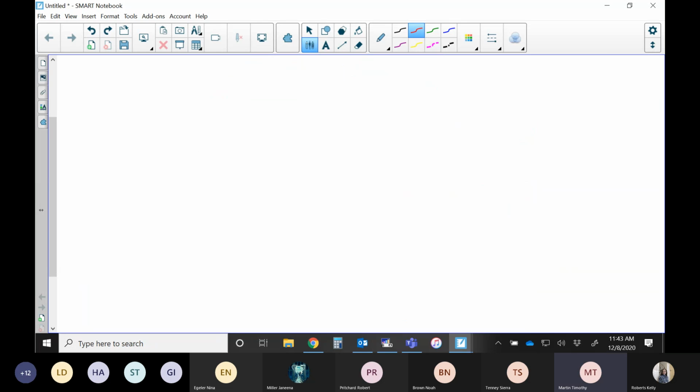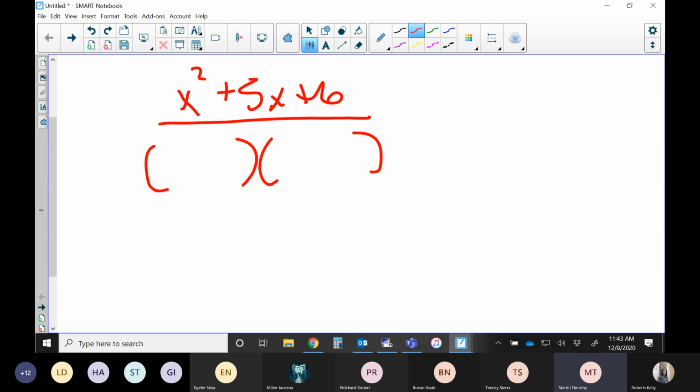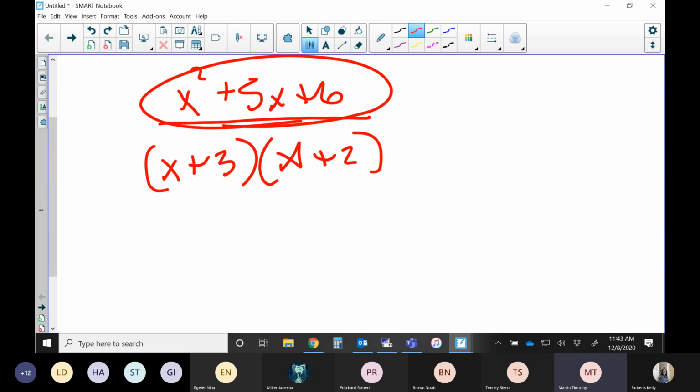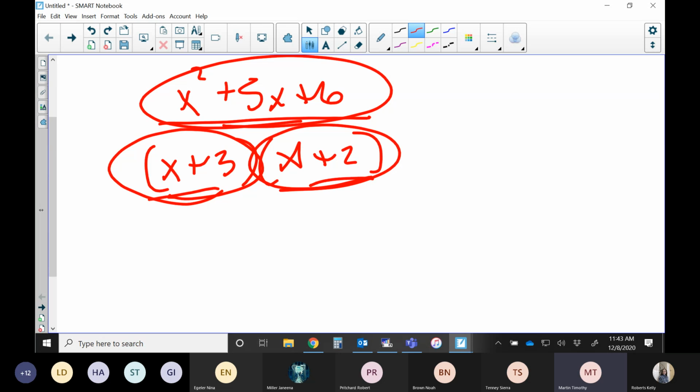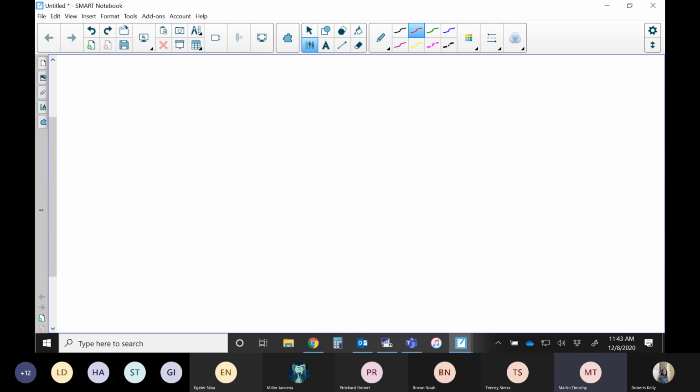Do you remember we were taking x squared plus 5x plus 6 and I was saying, hey, this is standard form. I need you to change it to factored form. That means if you took this and divided it by this, you would get this answer, right? These two things are factored. This times this is that. Well, this is factored form, or this is standard form, and I taught you how to change it to factored form. What I'm showing you today